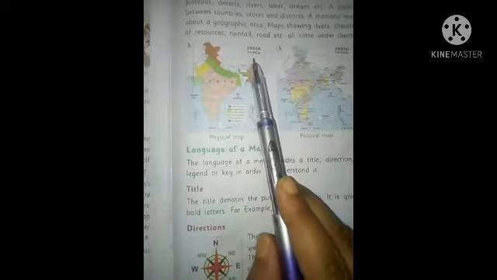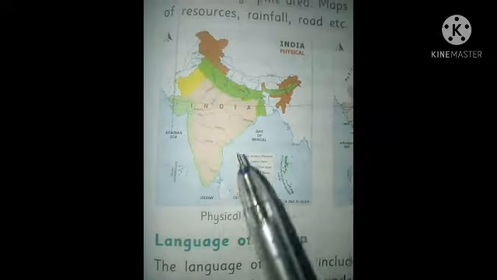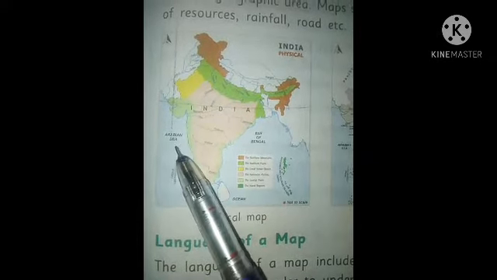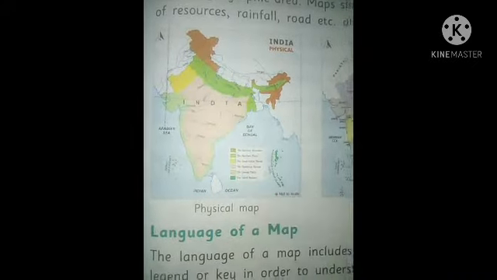So students, this is a physical map. They show oceans, plains, mountains, etc. And this is a political map.